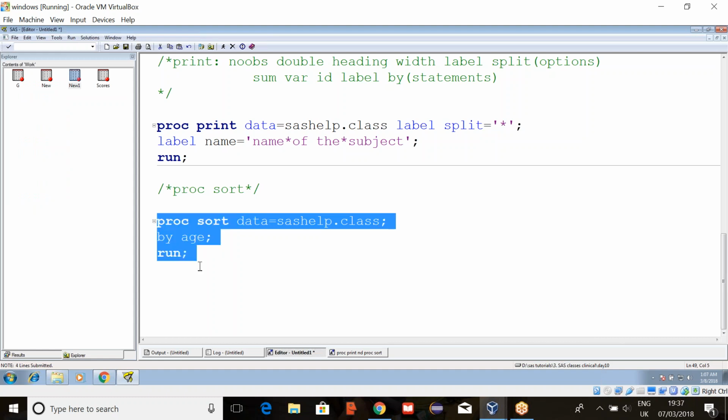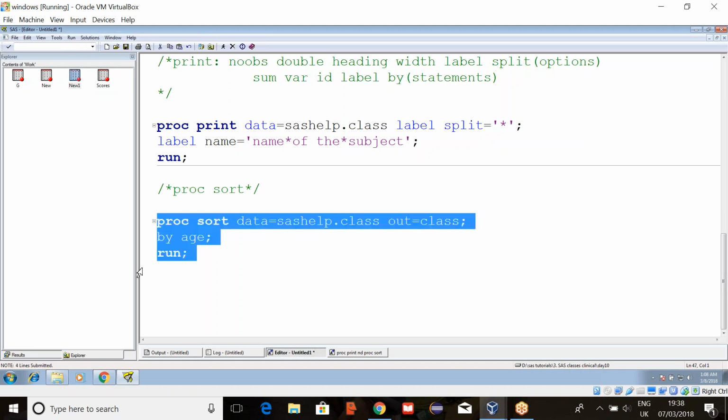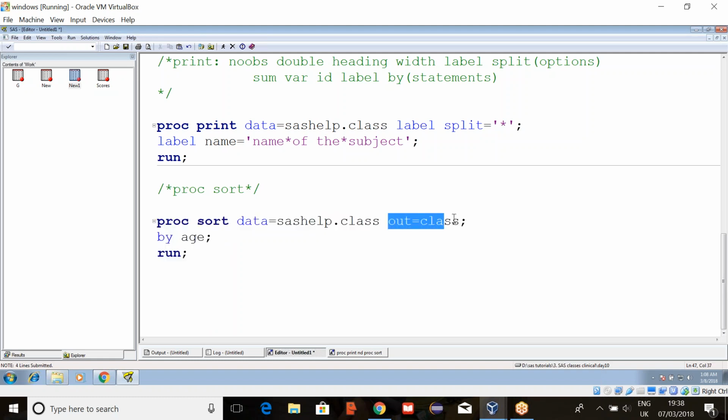But after making changes, if I want the raw data set, how will I get it back? We won't get that, right? So in real time, always make a habit of creating a new data set by simply giving out equals to class. Now we can retain the old one and we'll get the changes in the new data set. If you are not creating the new data set, it will make changes in the old one and you will not get the raw data back. Of course, we'll have some other copies, but always make use of creating a new data set.